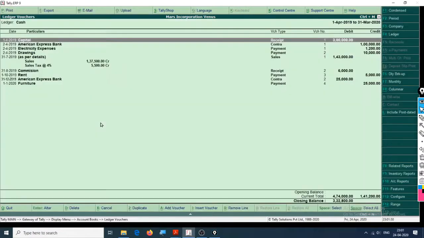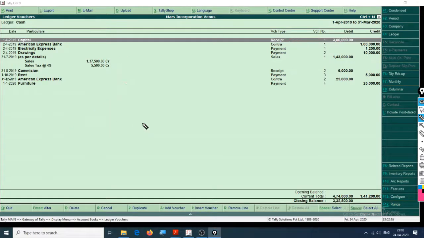If you want to see a detailed version, press Alt F1. It says right here receipt entry, contra, payment, cash, sales. This is our cash book.